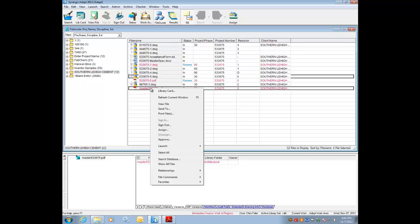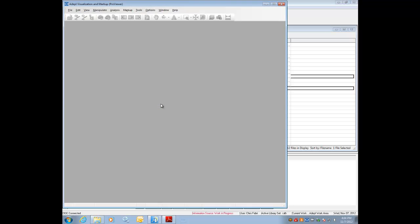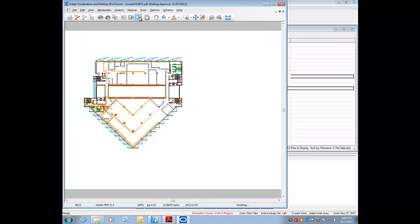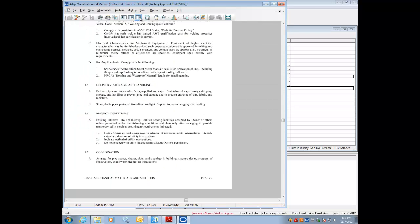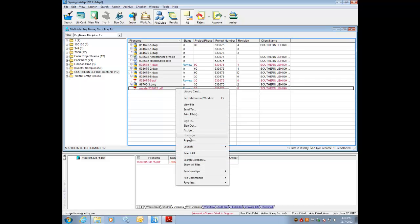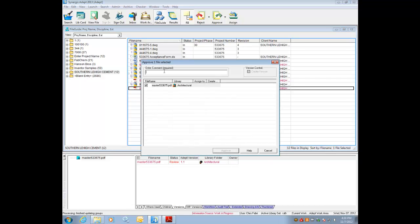We also see our combined PDF. So when we view this file, we'll see all of our layouts from our drawing, as well as our Word document and Excel spreadsheet. PublishWave can also be configured to kick off your workflow if a workflow has been assigned to this library. This means that your PDFs are automatically ready to be reviewed and approved before they are emailed